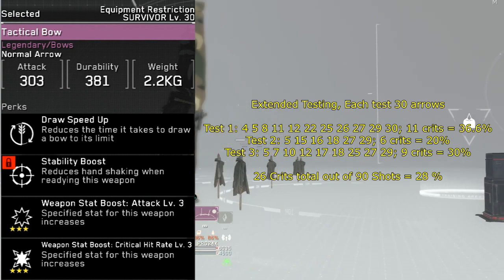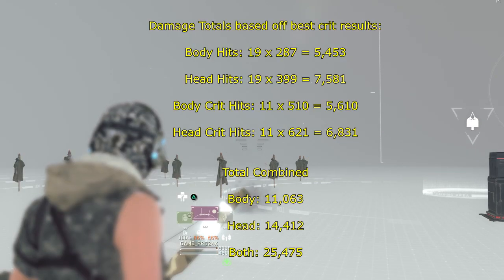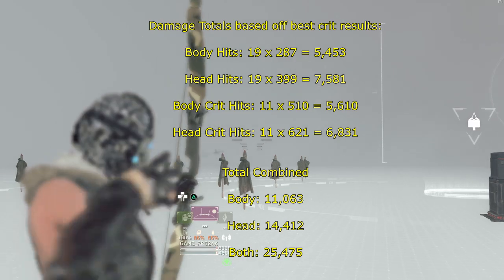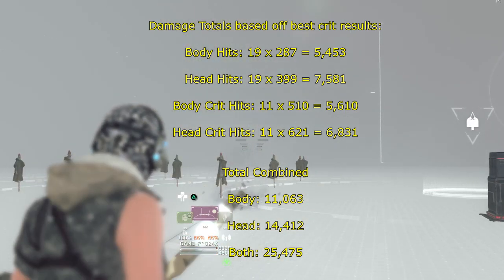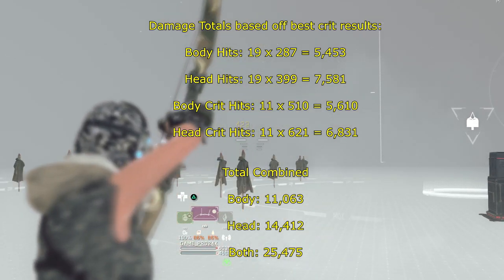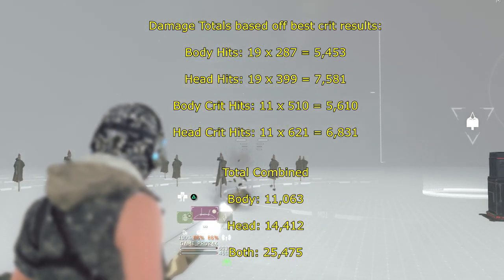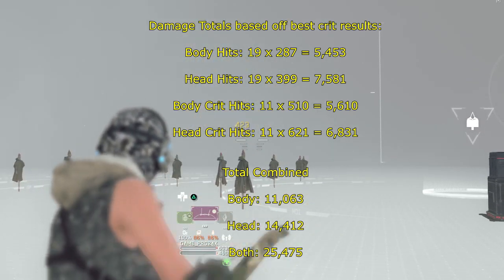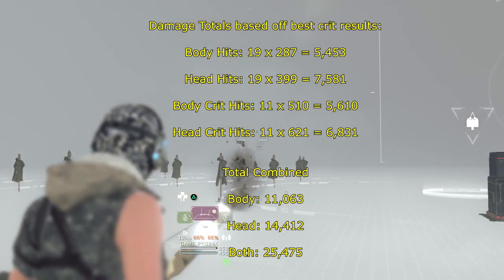So that is really nice out of 30 shots. So that means we will do 19 normal hits and 11 crits. So for the body, we did a total damage of 5,453. For headshots, we did 7,581. For body crits, we did 5,610. And for head crits, we did